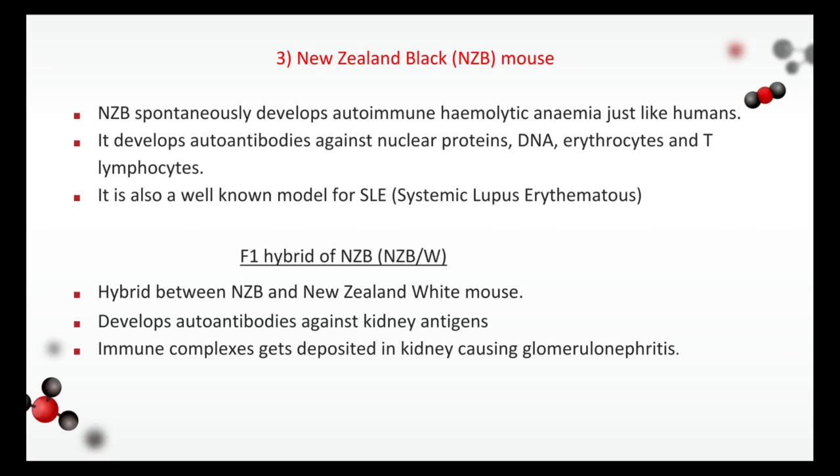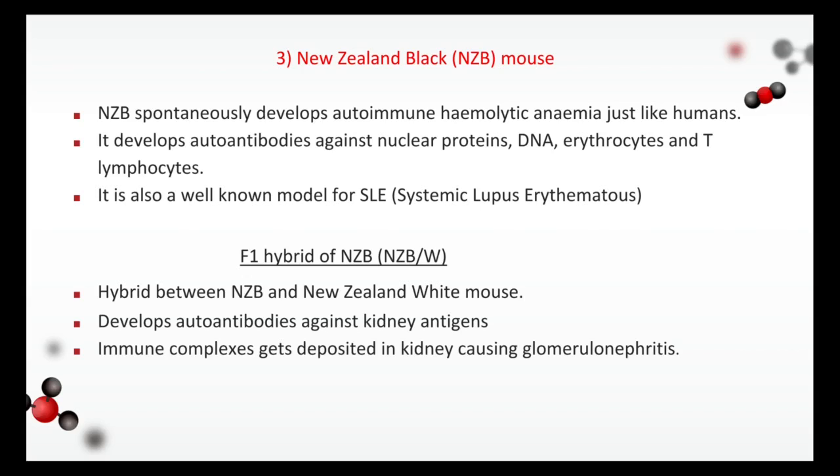This NZB mouse can also produce autoantibodies against nucleoproteins, DNA, RBCs and also T lymphocytes, thus affecting the whole system. This disease affecting the whole system is very similar to SLE, as we talked about it earlier, systemic lupus erythematosus of humans. This NZB is considered as the best model organism for studying SLE. F1 hybrid is a hybrid which is formed due to NZB and NZW, that is New Zealand black mouse plus New Zealand white mouse. This F1 hybrid produces